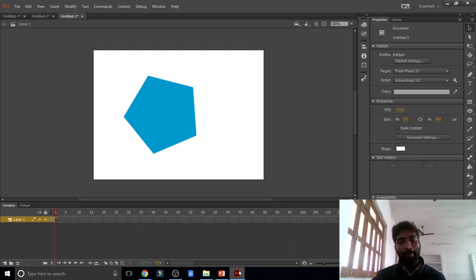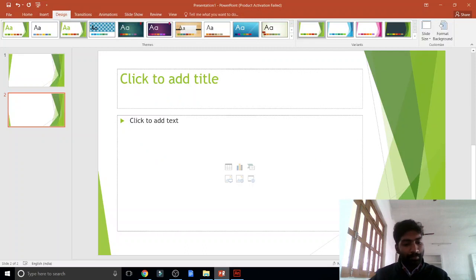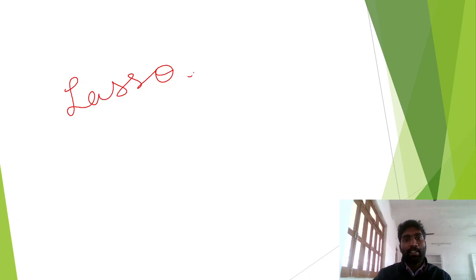Sorry, the first one is the lasso tool. You should know this lasso tool. The first one is the lasso tool.